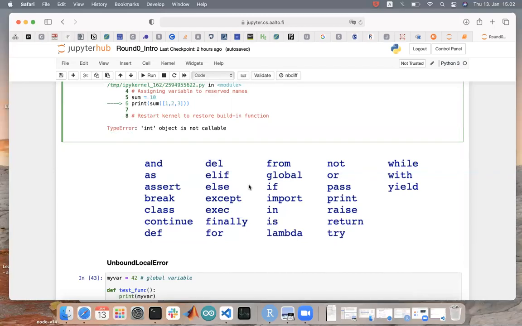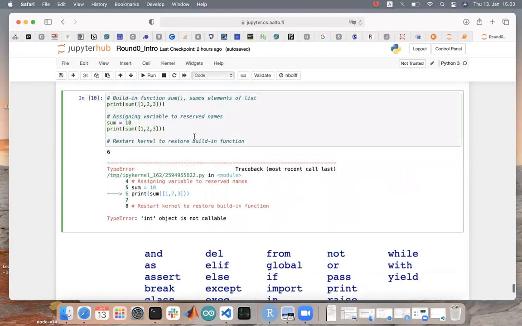For example, next round, we're gonna use the class that called, I believe, linear regression. So you cannot call your object, for example, your model, with the same name as the name of the class that you are using. This will override all the properties of this class, and you cannot use it again.